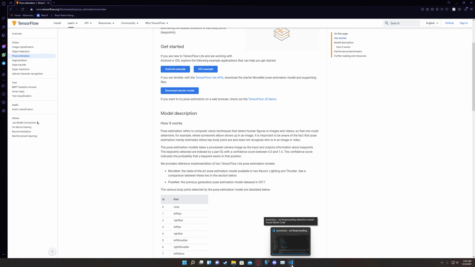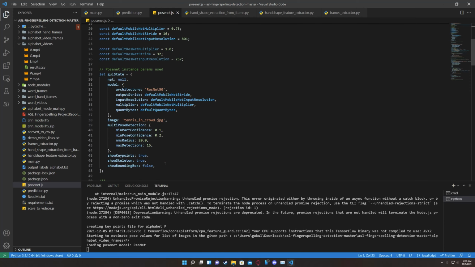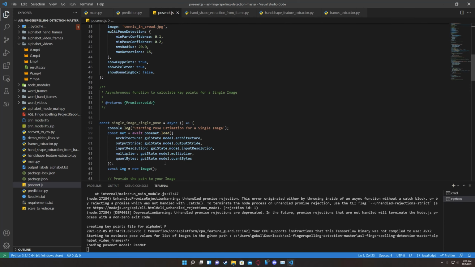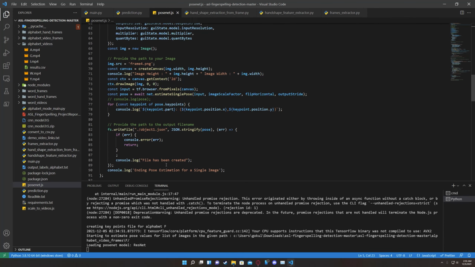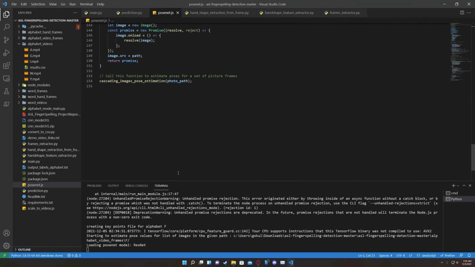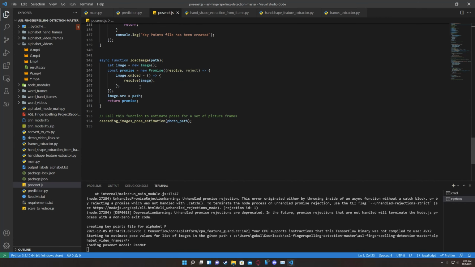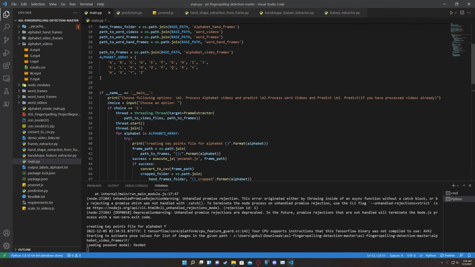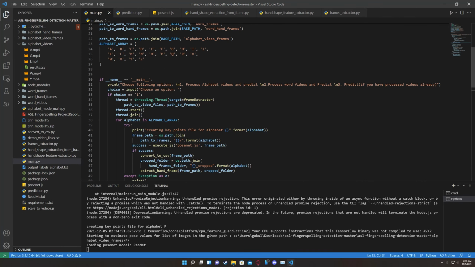The image path consists of... okay, this returns the promise of the function. And if it's a success, the corresponding frame path is then parsed and converted into a CSV file.